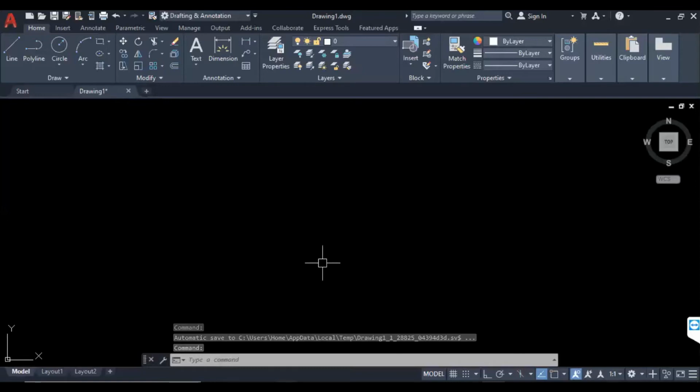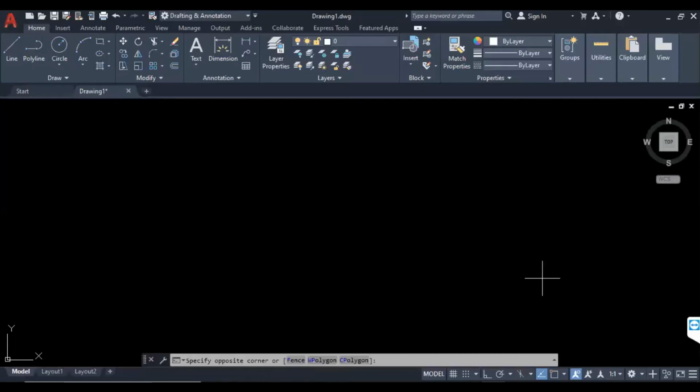When it comes to the Cartesian coordinate system, again it is divided into two types. One is the absolute Cartesian coordinate system. Another is the relative Cartesian coordinate system.